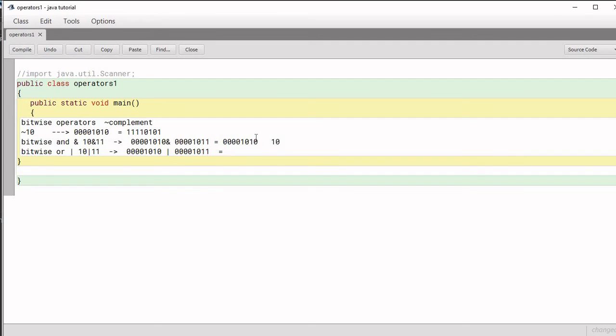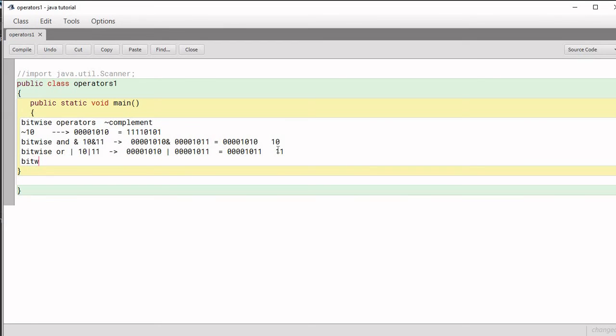It will give you 0 only if both the bits are 0. If any of the bits is 1, then it is going to return 1. So first of all, there are 4 zeros here and 4 zeros here, so the answer will be zeros. Then there is 1 and 1, so the answer will be 1. Again 0 and 0, the answer is 0. Then 0 and this 1 will give 1. Then 0 and this 1 will also give you 1. So the final answer will be 11.